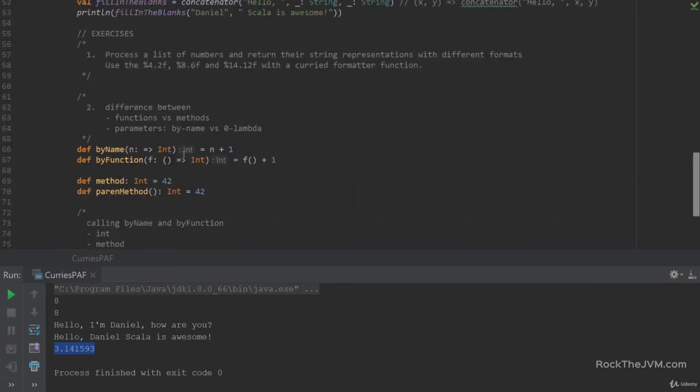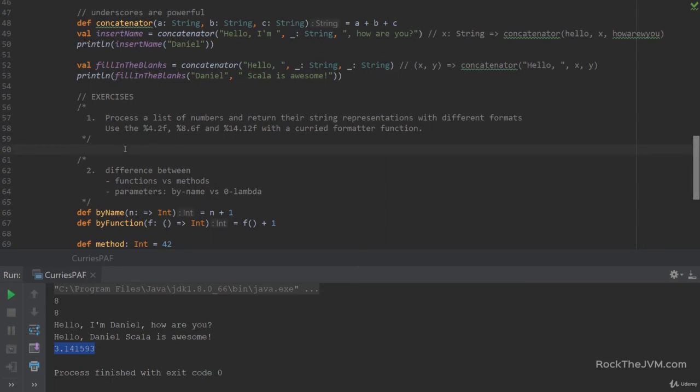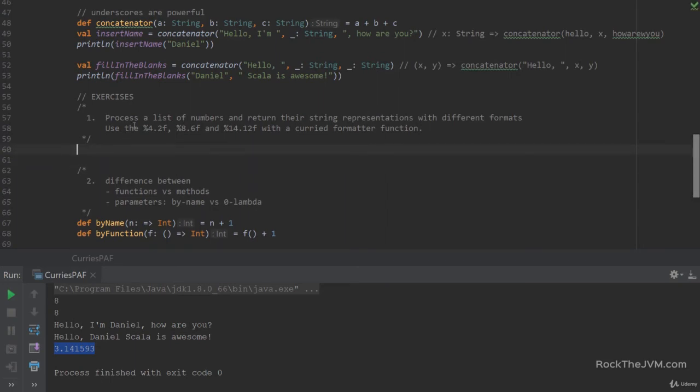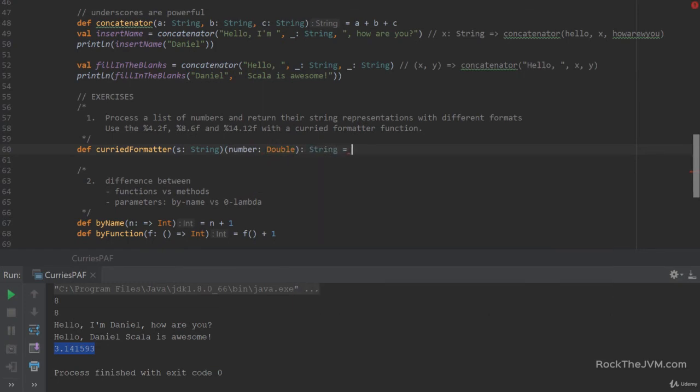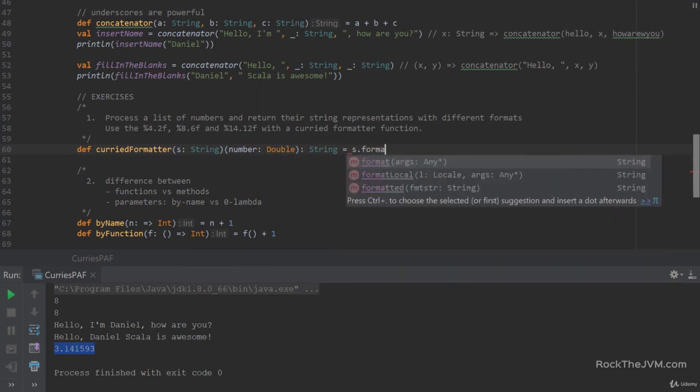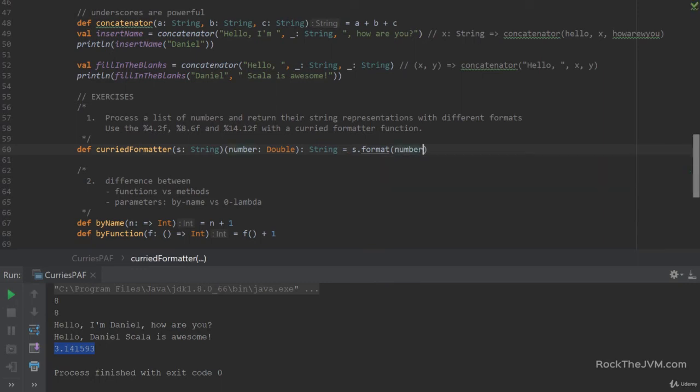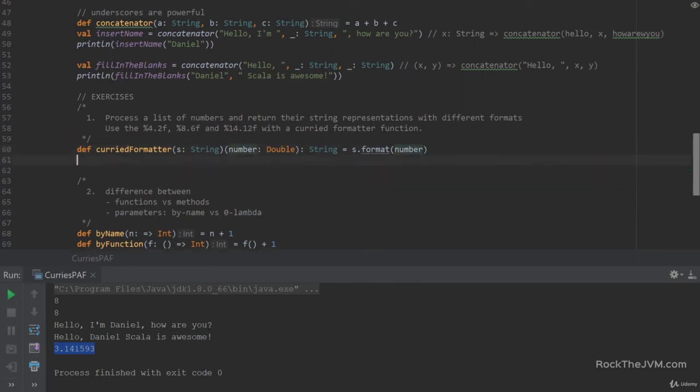All right, so let's take them in turn. The exercises are pretty simple themselves. So for the first curried formatter here, all we need to do is define a curried formatter, which takes a string as a formatter and a number, which is a double. And this will return a string, and the implementation is going to be simply s.format number, as I showed you in the example, right? And the numbers here that I'm going to use are going to be some high precision numbers, like